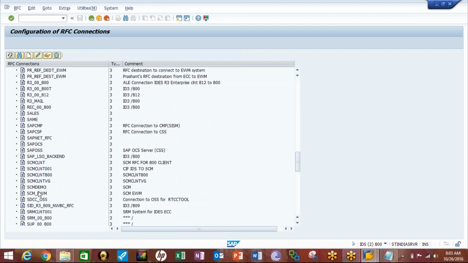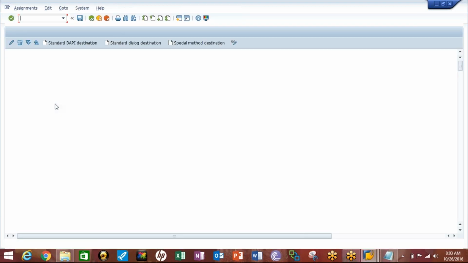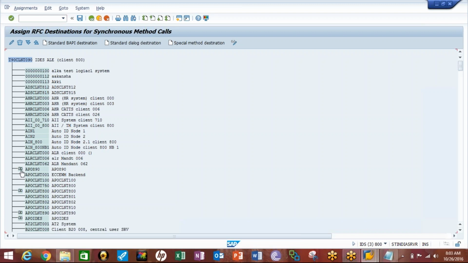Actually, here Rohan is also facing the same issue. For that, we already checked that the logical system is assigned to the RFC destination, and the RFC destination is also working. Whenever we try to log into an RFC system from SM59, that is also working. So can you show me the one which you're trying? Let's go with the APO one. Your RFC destination is different, yeah? You're using client 400 underscore 2. Can you check if it is working?